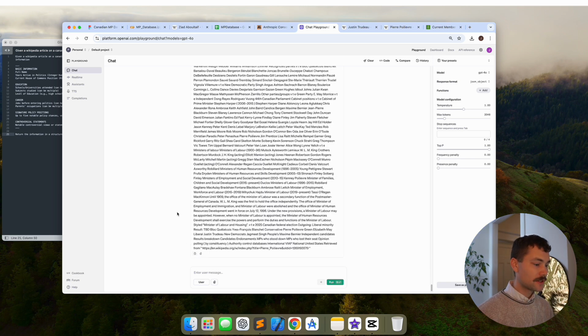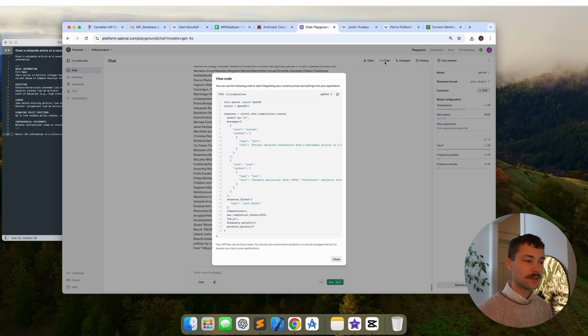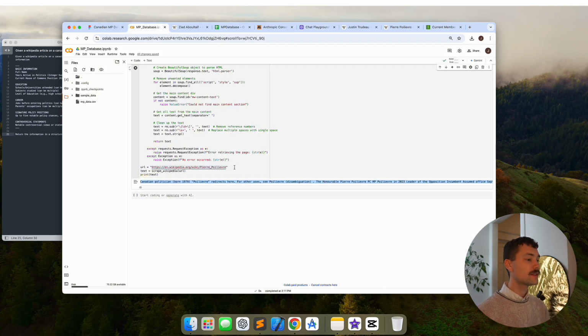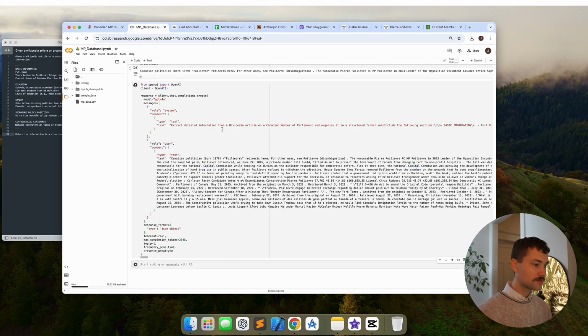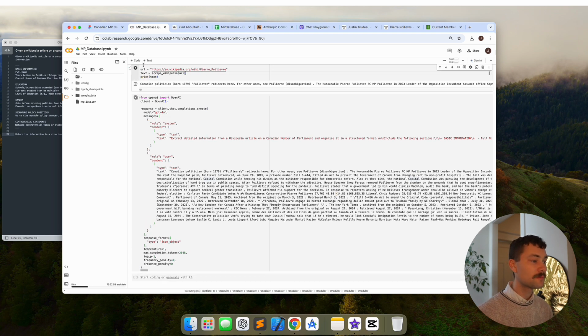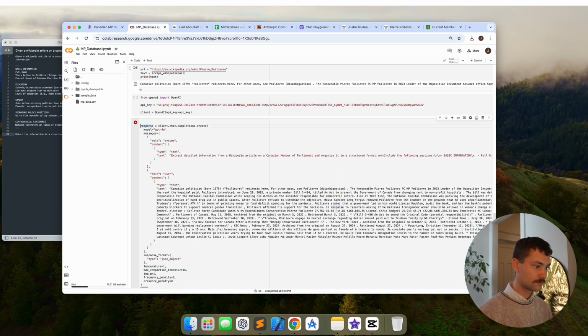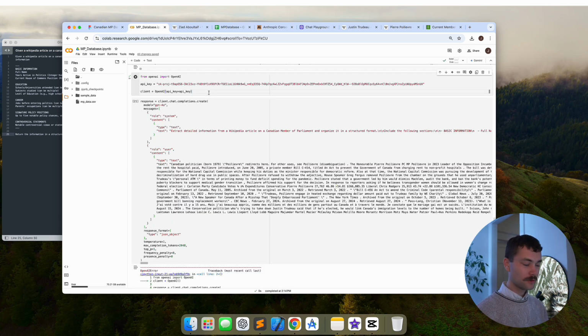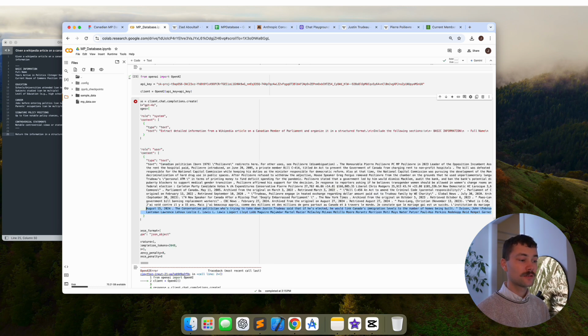We'll delete this last entry, and we'll click this code button here. And we're already in Python, which is great. And then we'll just click that copy button and paste it over. And if we press run, again, we'll run into this API key error. So I'm just going to set that up in a code block up here. Okay, so I've uploaded my API key,